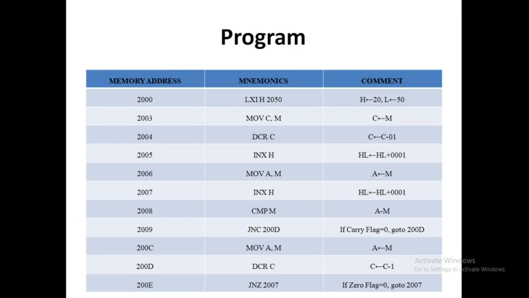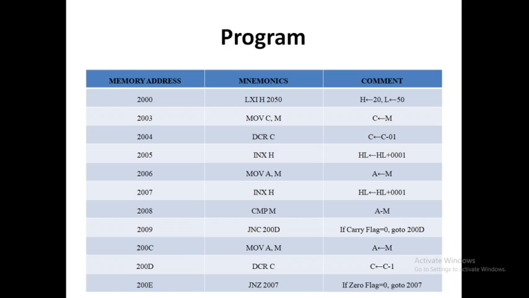Now, decrement C: how many times will it go? It goes until C becomes 0. When C has a nonzero value, it goes to the second loop, that is 2007, increments HL, and takes another value.